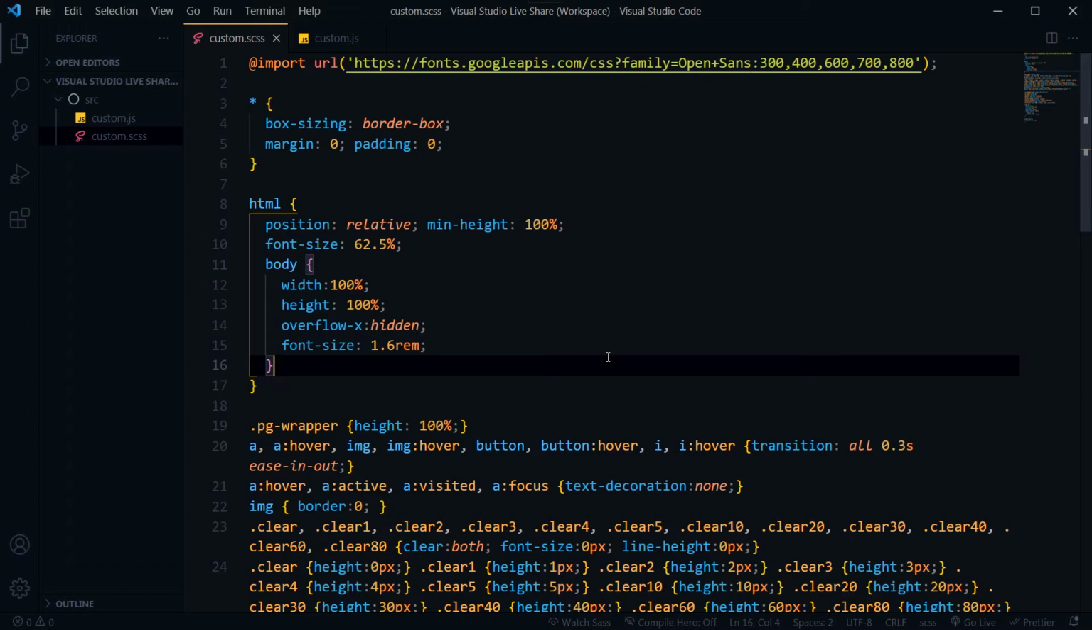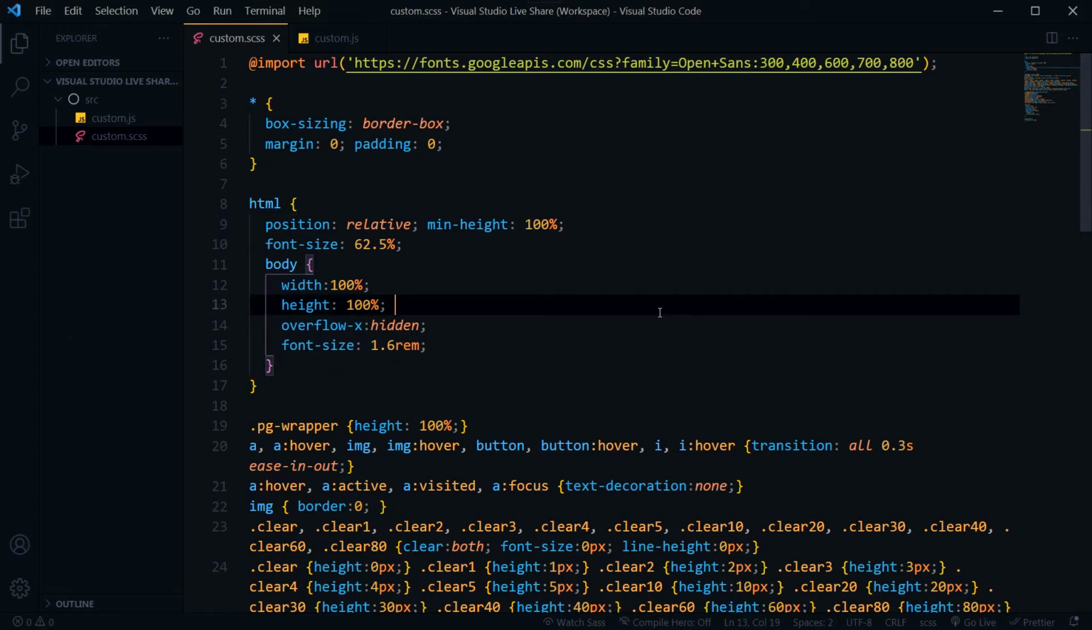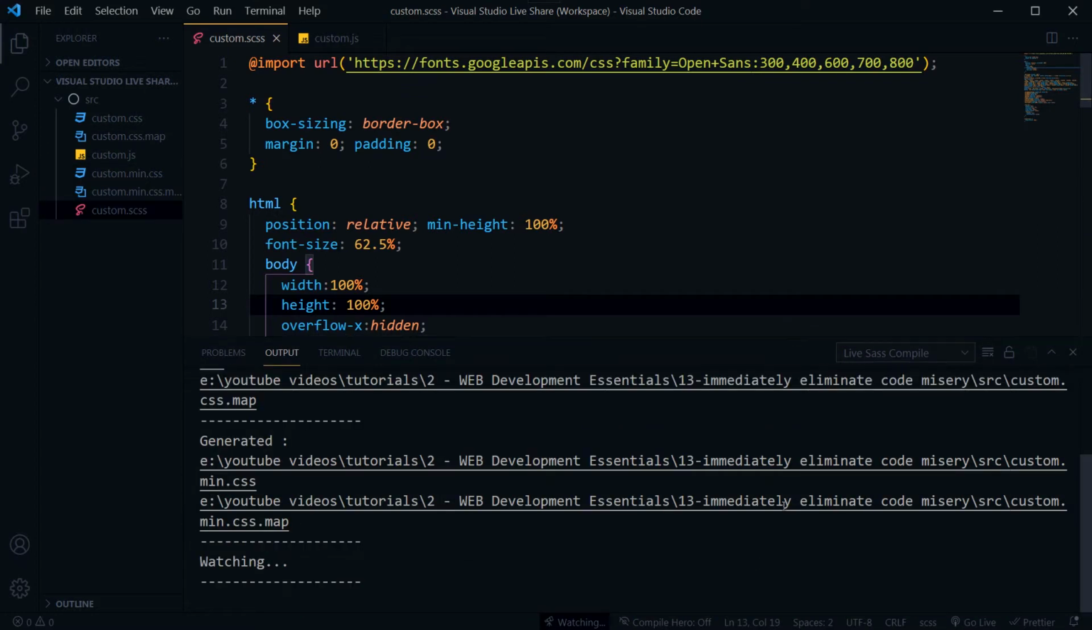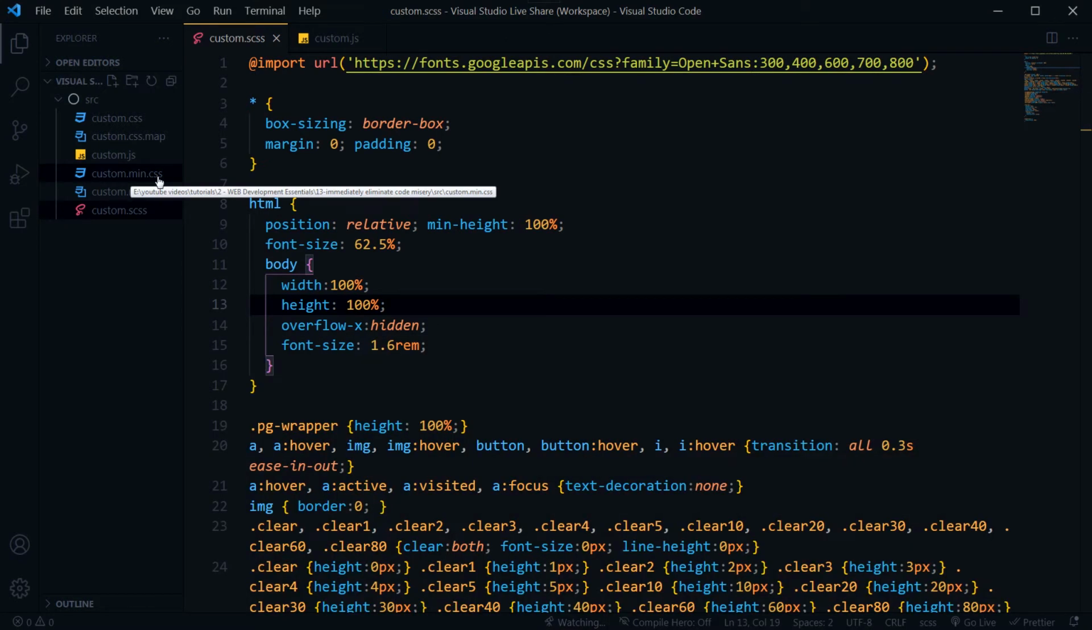I will go with CSS first. Look at this SASS file, custom.scss. I'm clicking here, Watch Sass. And now this file is being watched. I will get the CSS file and its minified version as well by just saving this file. So as I save this SCSS file, it gives me its CSS output and the minified version of CSS by using